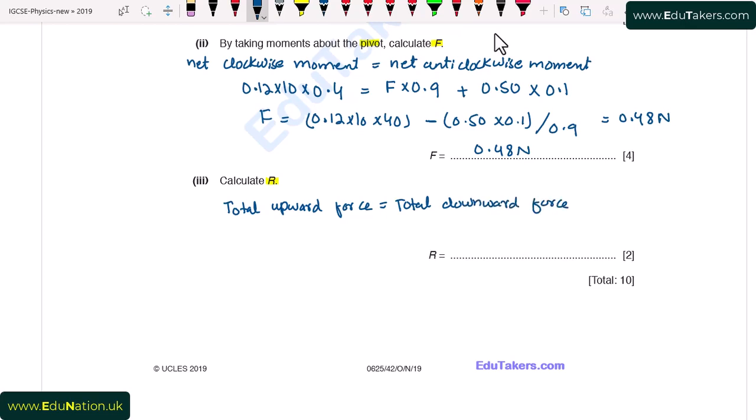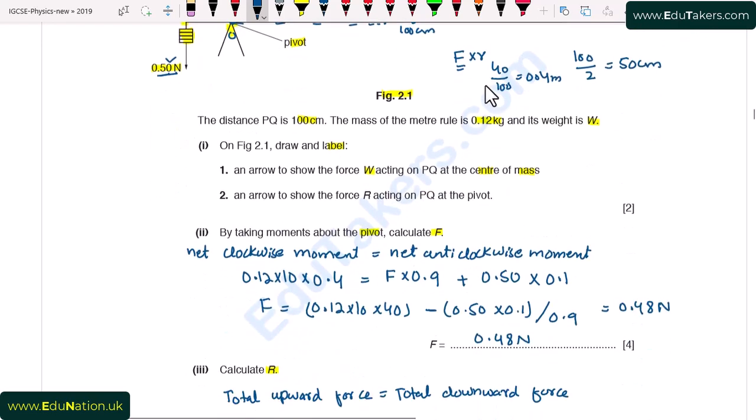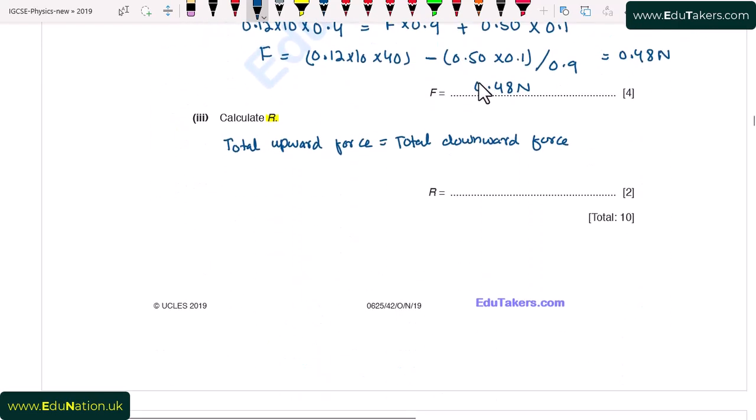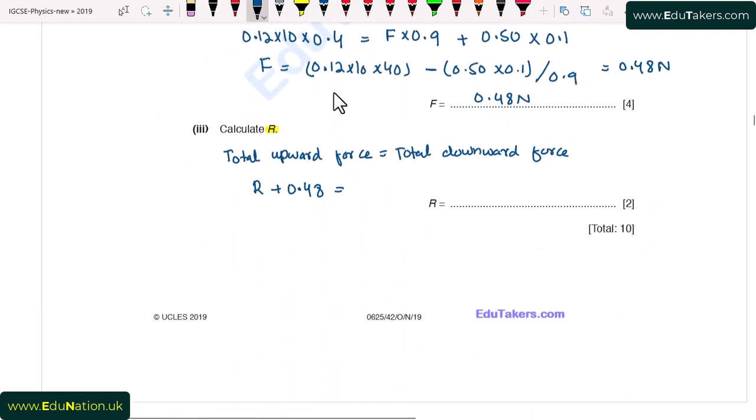It is according to the condition of equilibrium that net force acting on this will be equal to 0. So we can see here that upward forces are this F and this R. So I write R plus F, we already calculated, it is 0.48. So R plus 0.48 will be equal to total downward force, and it is due to this W, and the other force is 0.50. So I write here W